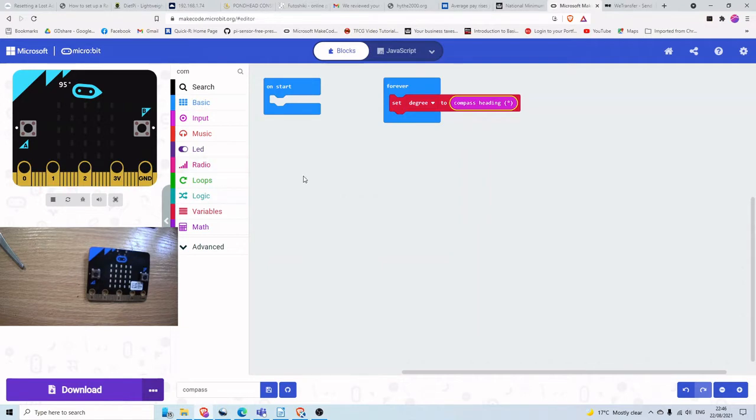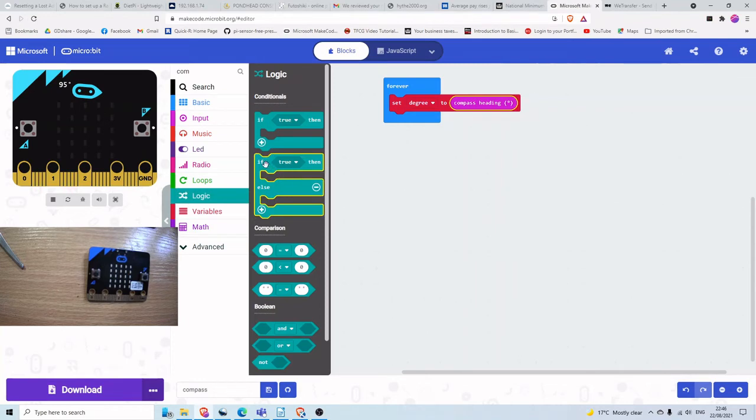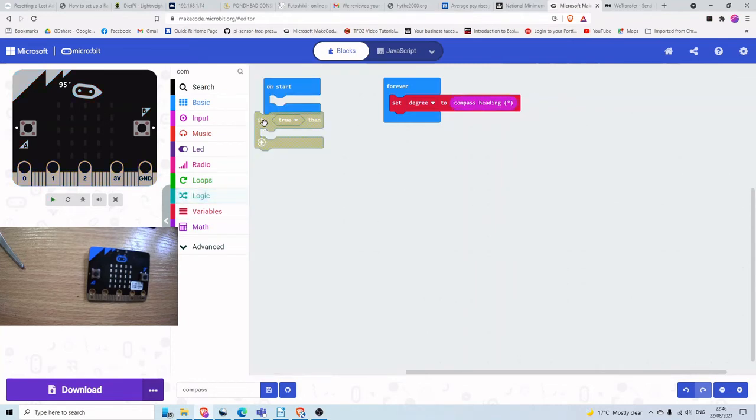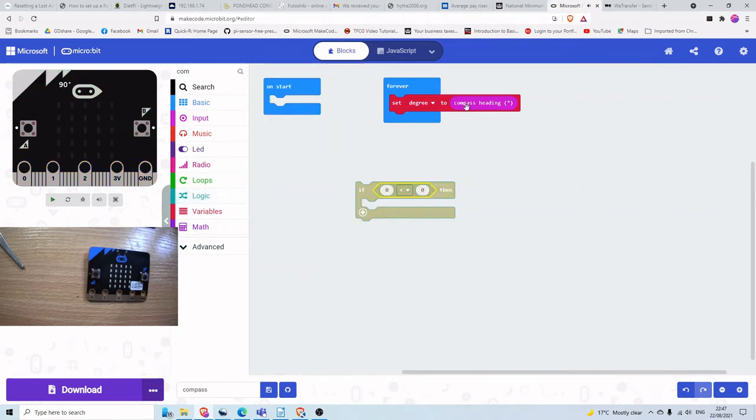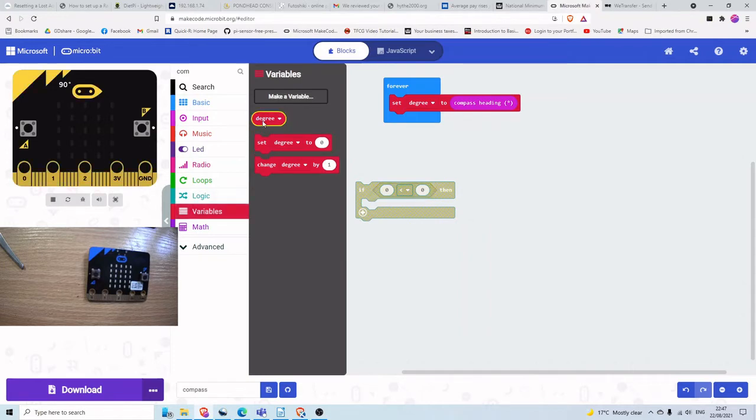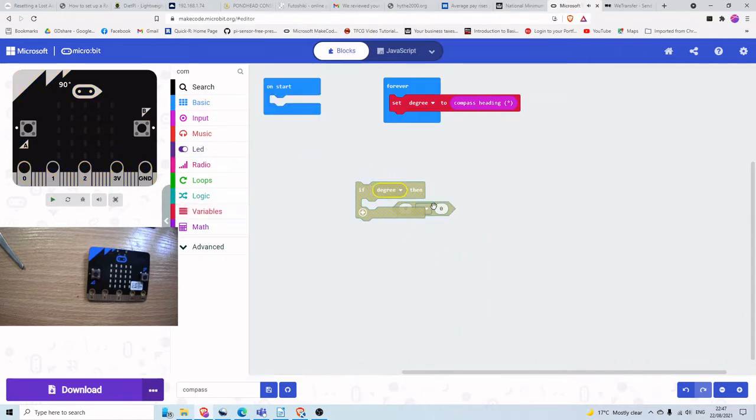So basically we need to set some parameters for our compass heading, and if we click in the logic box, we're going to take this one and do some logic, and we want to say if degree, our variable degree, is less than 90, no, so the way we're going to do this, if you can imagine, let's see if I can